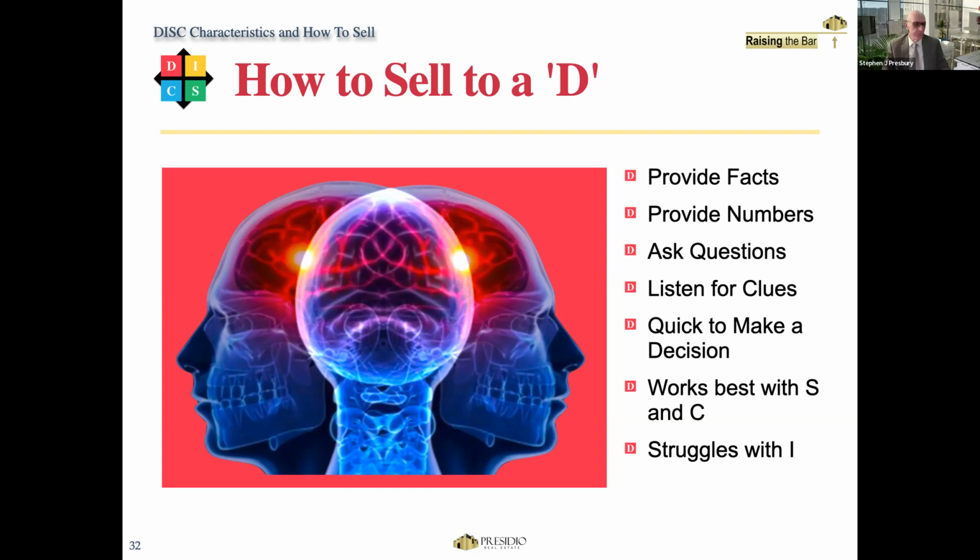Okay. Why do you think that a red would struggle with the yellow, if you want to put it that way? Why a dominant person may struggle a little bit with an interactive person. I think as a more dominant personality, with a yellow, I have to be careful not to over dominate the situation and not to try to take control of what they should do. Very good.